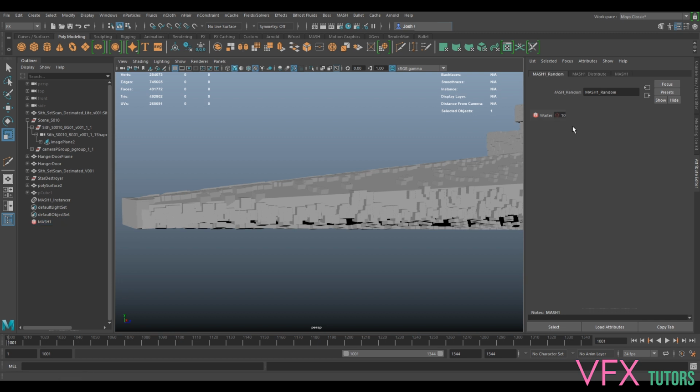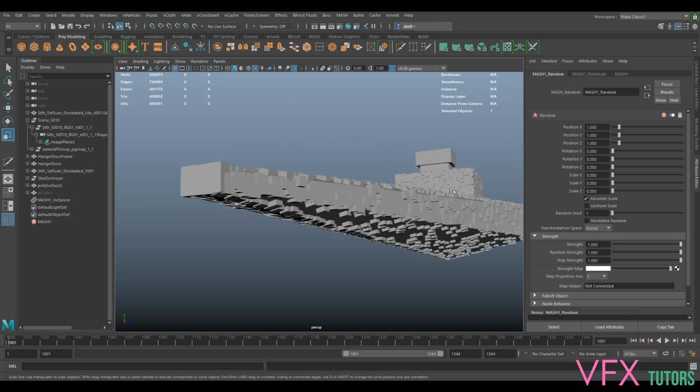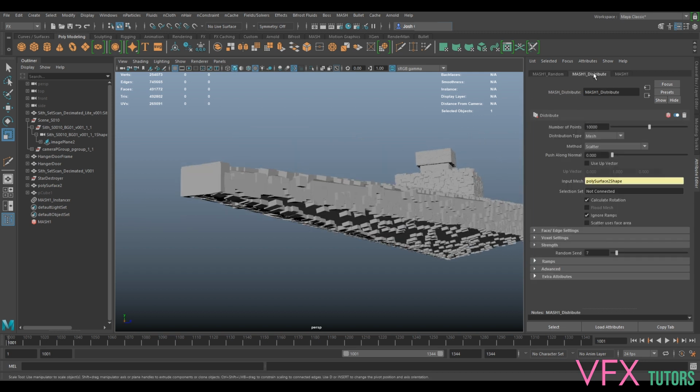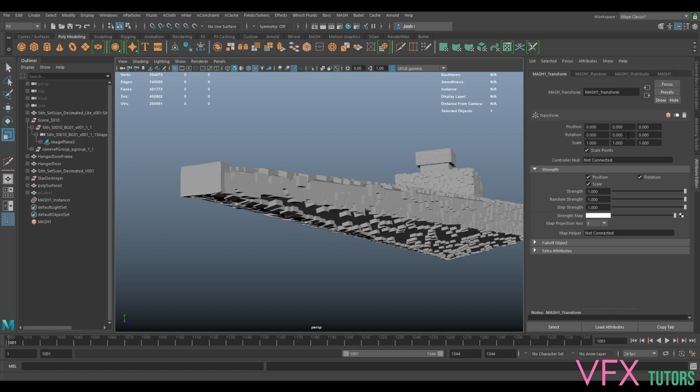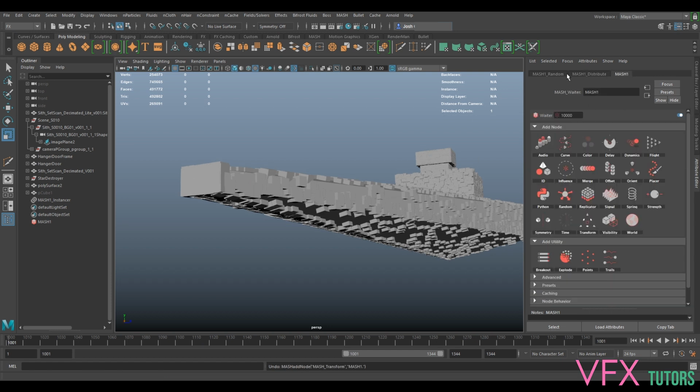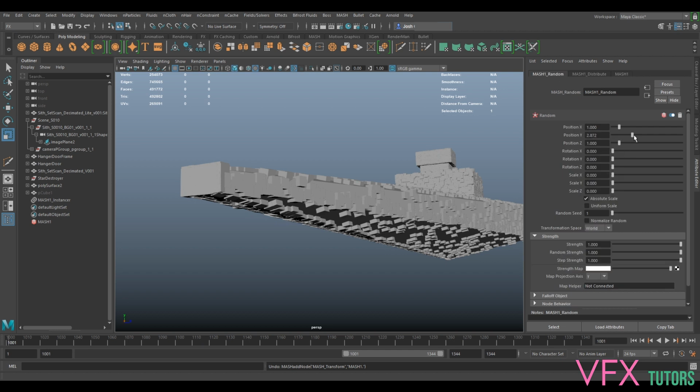Yeah, I'm just going to add a random node. In fact, what I'll do is add a transform node first. No, I won't do that. I'll just... I know this is pretty awful, but